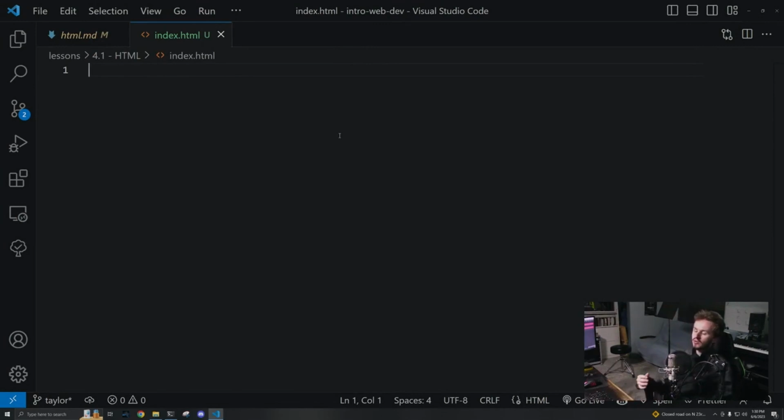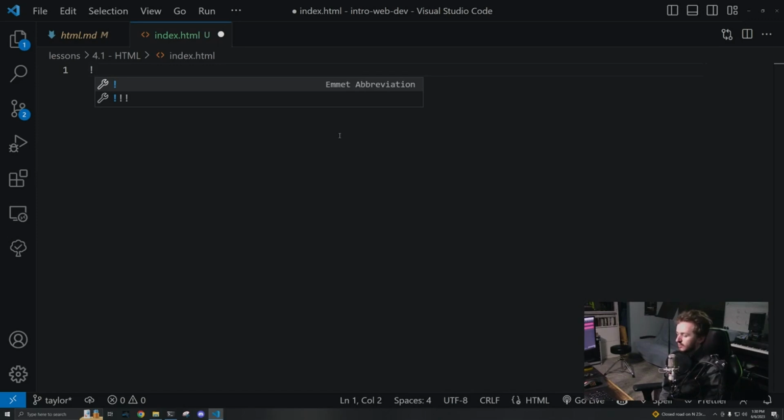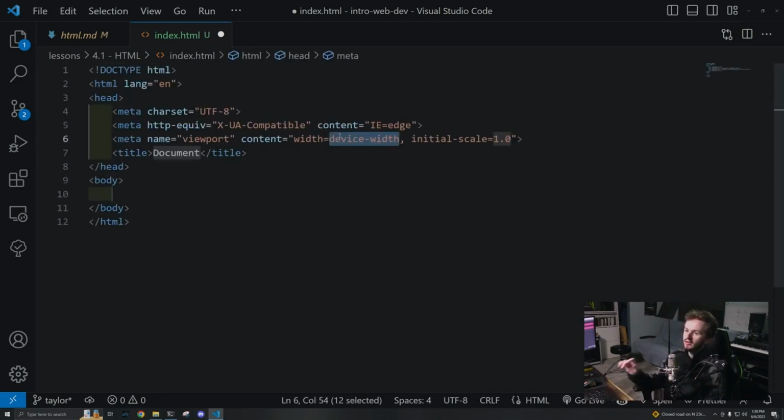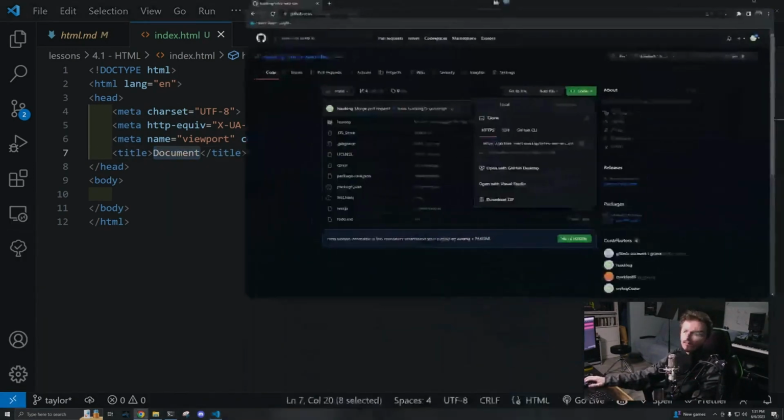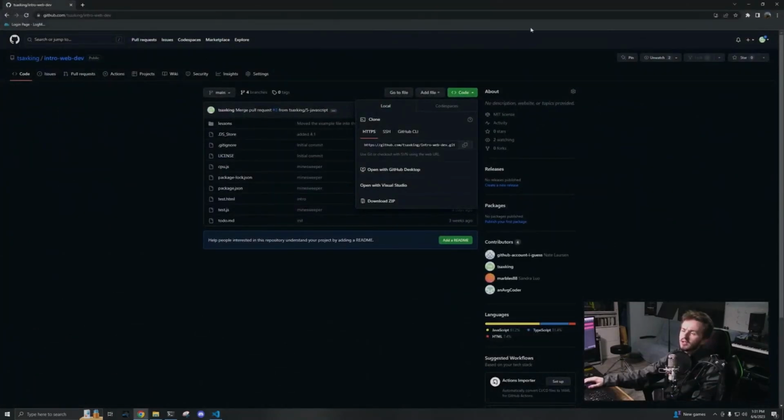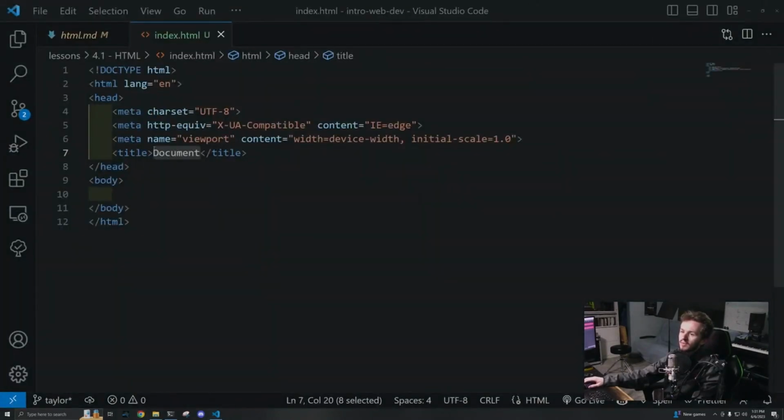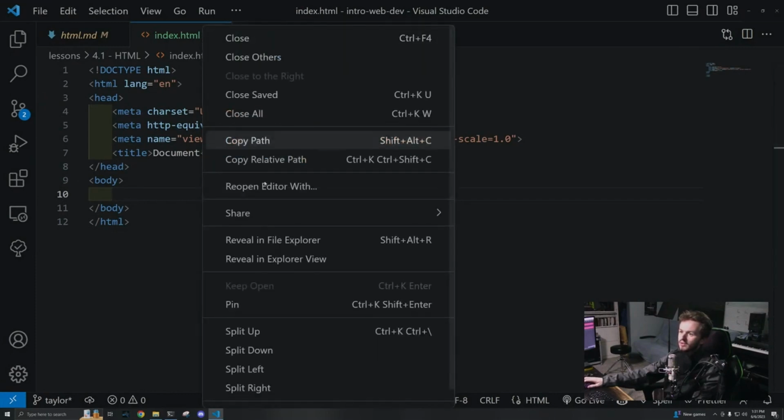In order to create a new HTML file, all you have to do is hit exclamation point and hit enter. What that will do is create the boilerplate code for the HTML file to be read properly on the browser. This stuff is metadata, that's why it's meta. This title, you can change the thing that comes up here. That's what this document is. If I open this in live server,